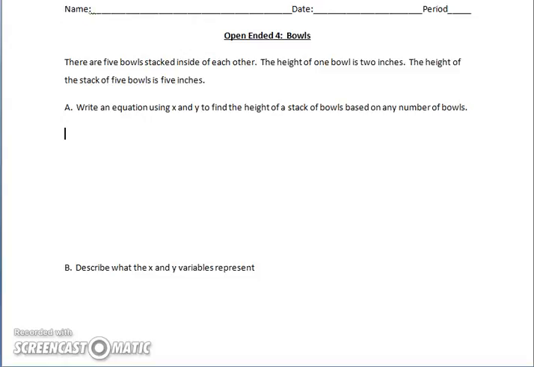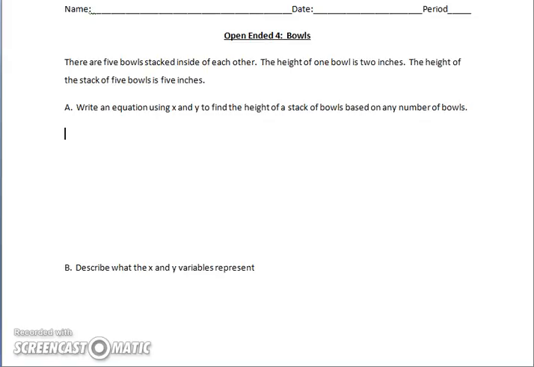Hi again, everybody. Today the open-ended question that we're looking at is going to involve writing a linear equation when you're given 2 points. So, there are 5 bowls stacked inside of each other. The height of one bowl is 2 inches. The height of the stack of 5 bowls is 5 inches. Write an equation using x and y to find the height of a stack of bowls based on any number